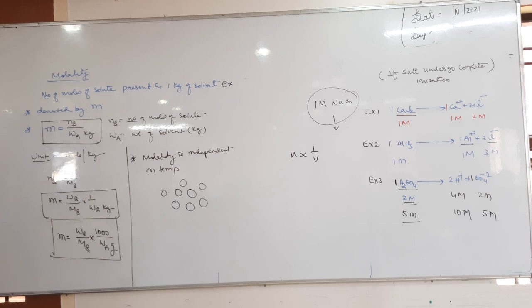So instead of that, you prepare molality, small m. Molality has what? It is n by mass of solvent. The number of moles does not change, because you are not adding or taking solute. Then what may change? Volume changes, but volume is not here. Here mass is there, so this mass does not change. Since mass does not change with temperature, molality is more preferred compared to molarity.